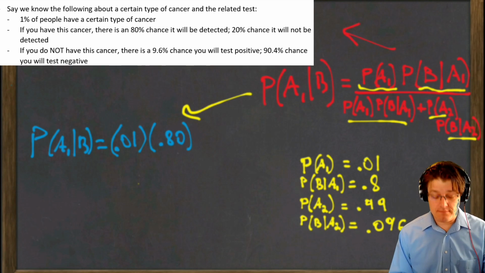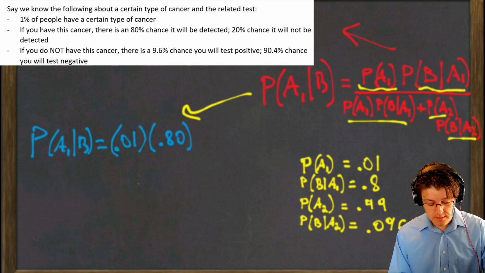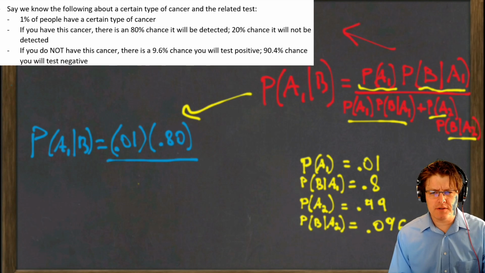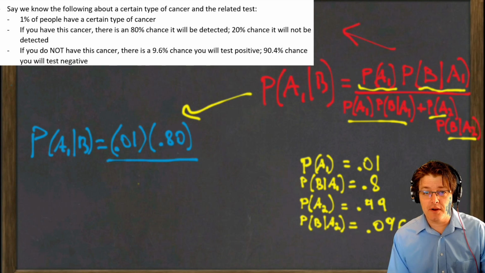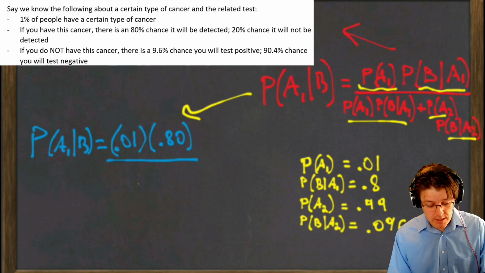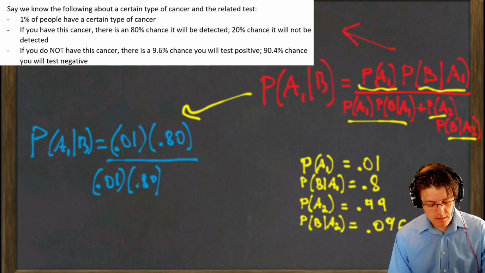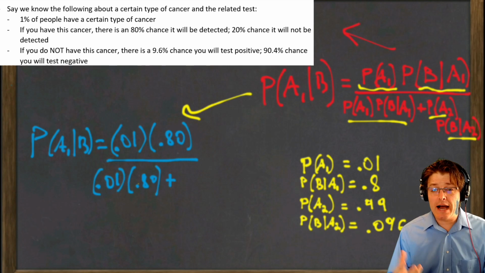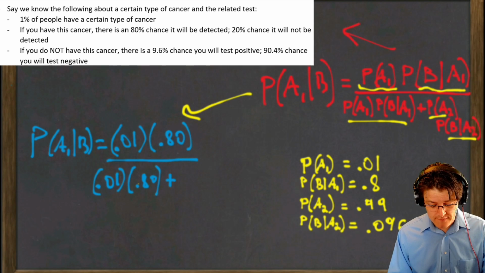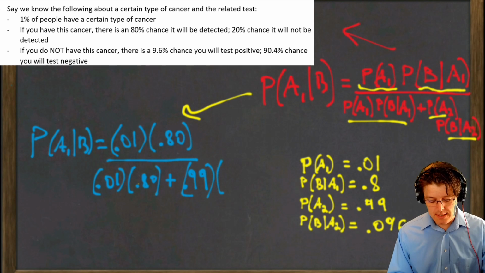Another benefit of an exam being open book, open note is that you don't have to try to memorize all of this. As you can see, I have to always refer. Okay, so the probability of A1 again. So here we're just repeating. And then plus the other option here, probability of A2, so 0.99, and then this is 0.096.